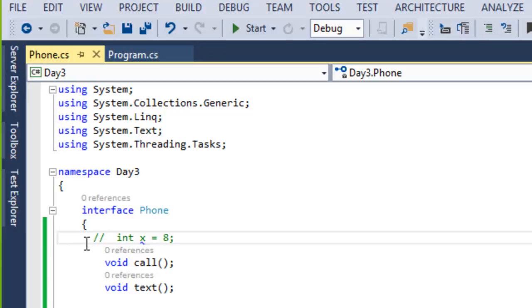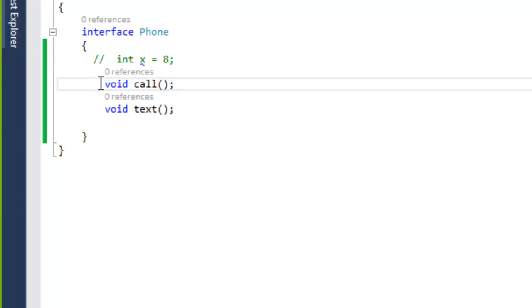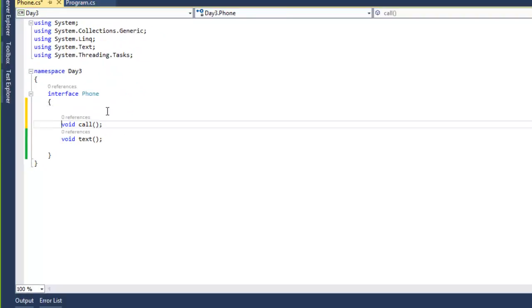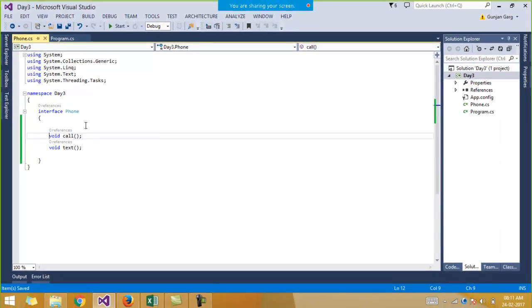Right, so these are the three basic points that you need to keep in mind regarding interfaces. What was the first point? The first point was, in an interface we only declare the functions. No definition is there in an interface, right? And secondly, there is no public access specifier in an interface, because the functions are public by default only. And thirdly, no fields are there. You cannot declare fields inside an interface. So these are the three points.